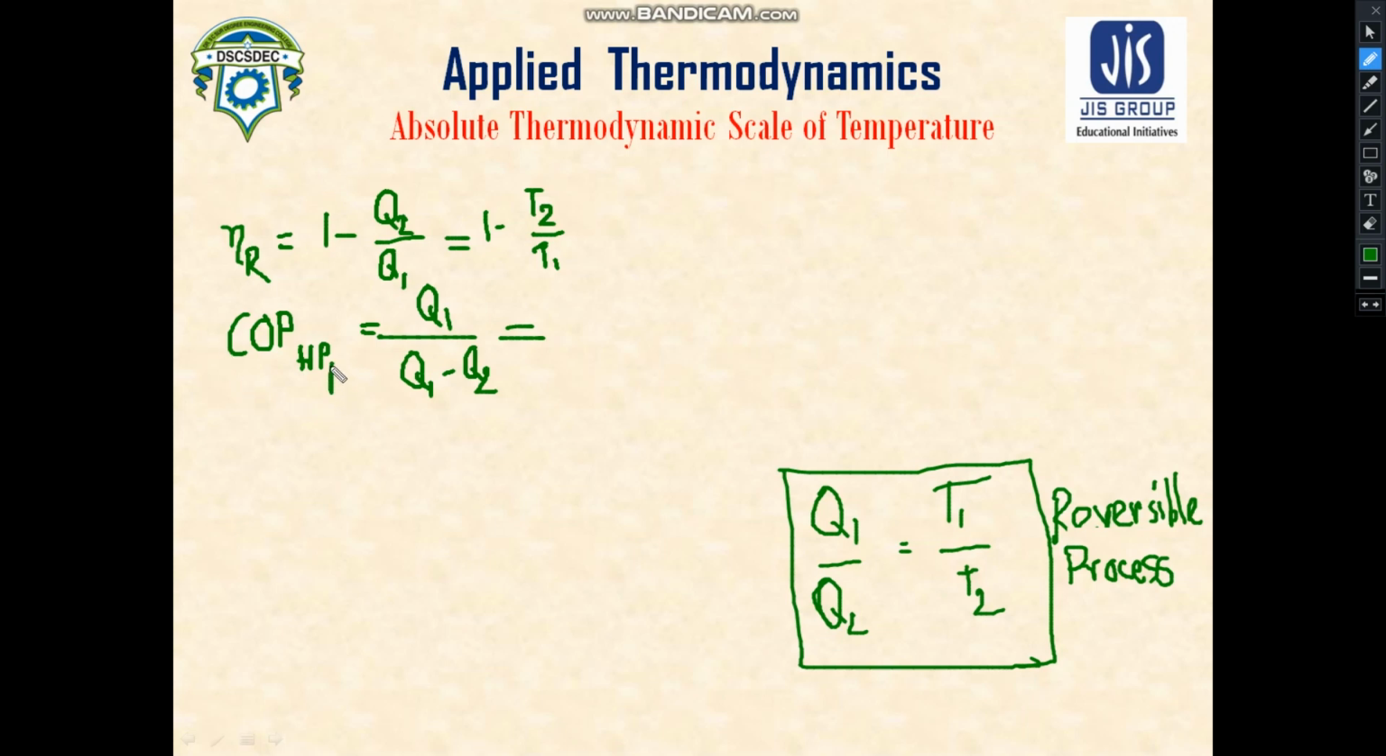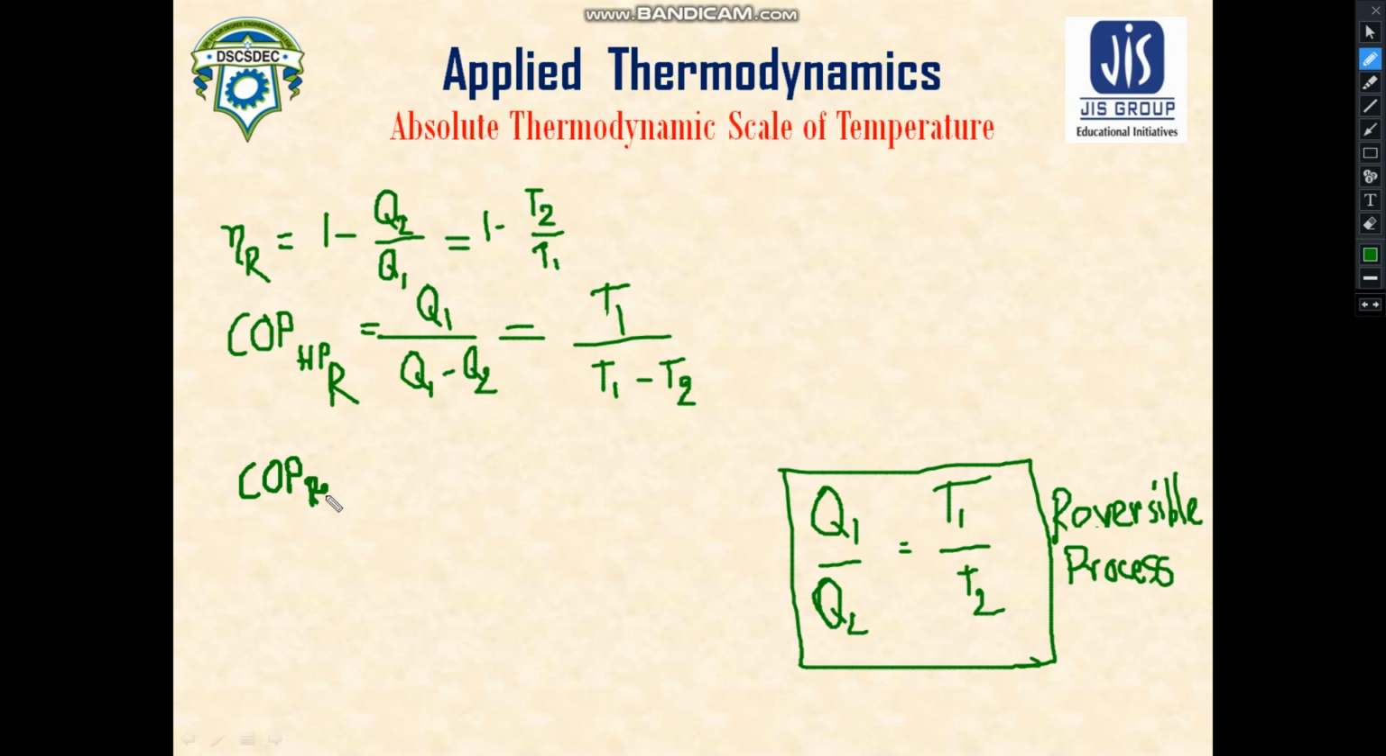Now, if we specifically mention that it is a reversible heat pump, then what will happen? Along with this formula, along with this relation, we can also write this in the temperature format. Similarly for